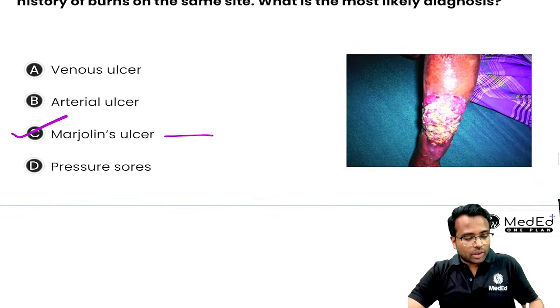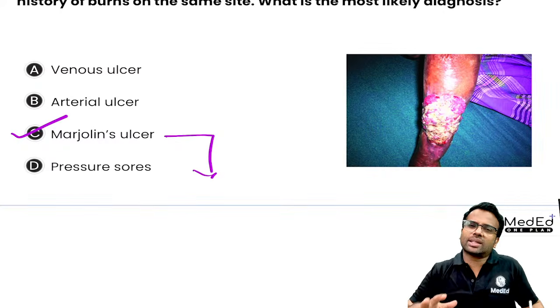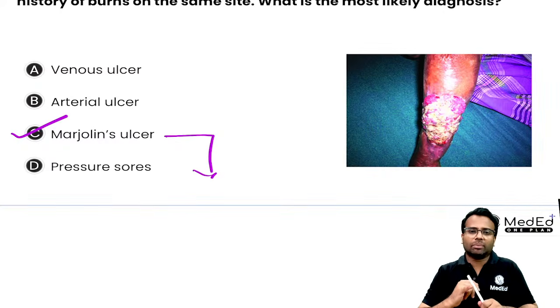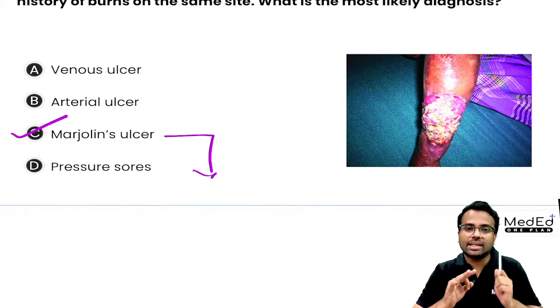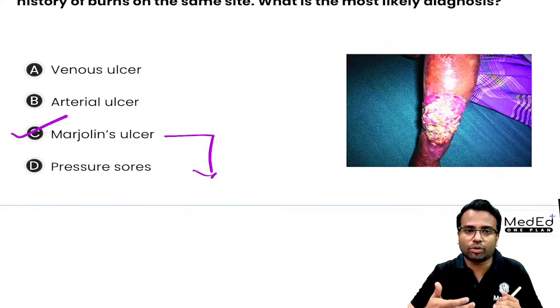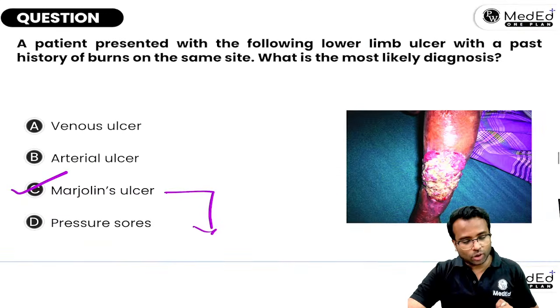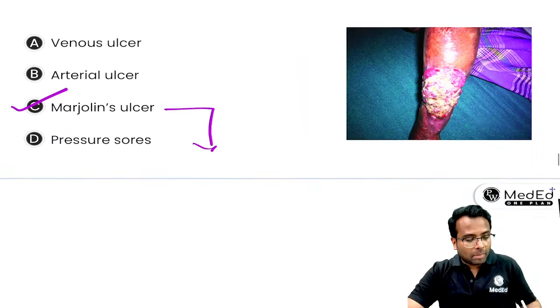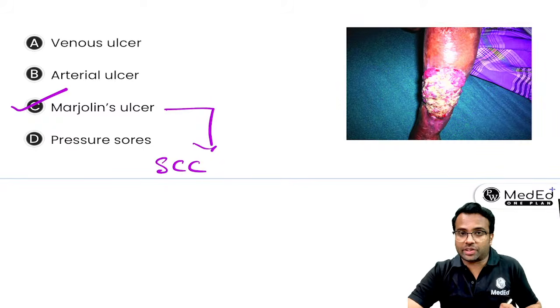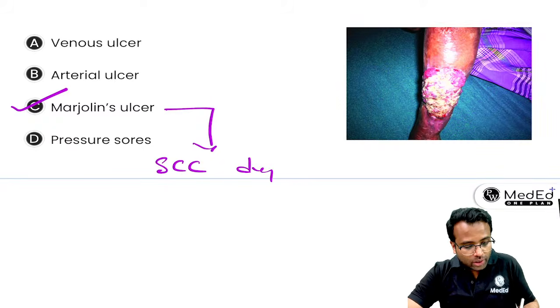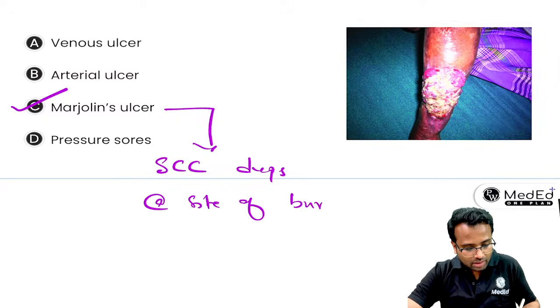Because why Marjolin's ulcer? What is it? Is it a malignant melanoma, a squamous cell carcinoma, or a basal cell carcinoma? Which type of carcinoma is this? Yeah, Marjolin's ulcer is a squamous cell carcinoma, which usually develops at the site of burns